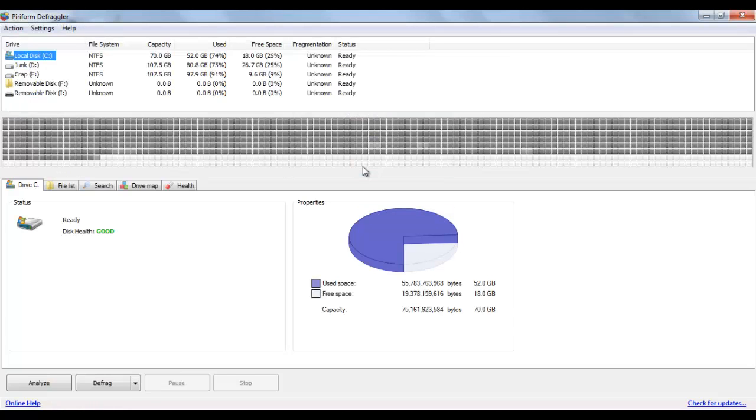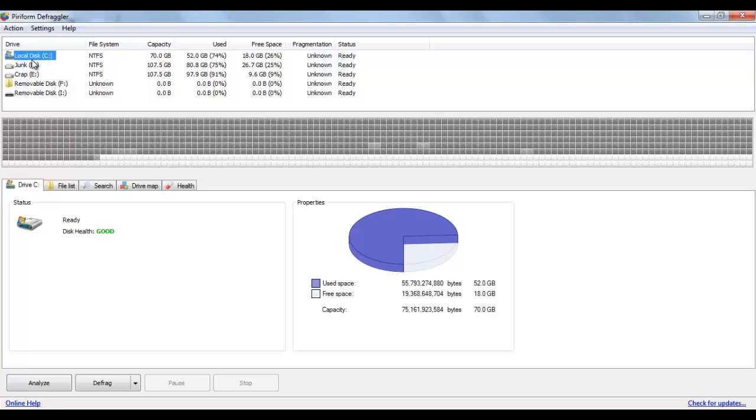I will also post the link of this in the description below, so you can download it. And what this does is defrag your drive. Let me tell you what the heck defragment is. What defragment does is take all of your content on the hard disk and place it in a queue, one by one. So all your free space will be separated, and all your data will be together.